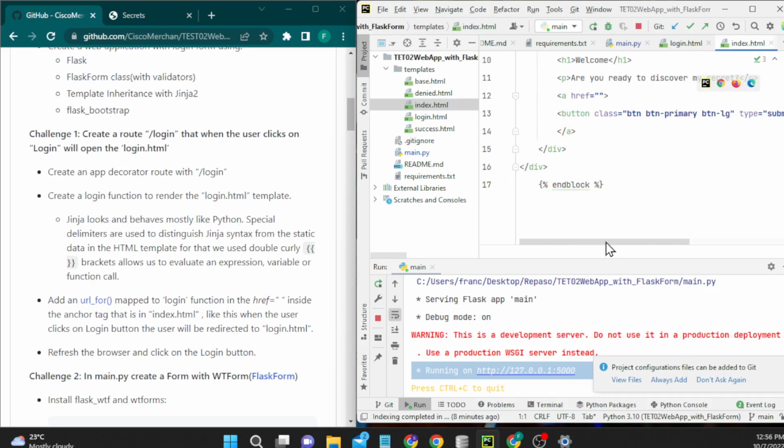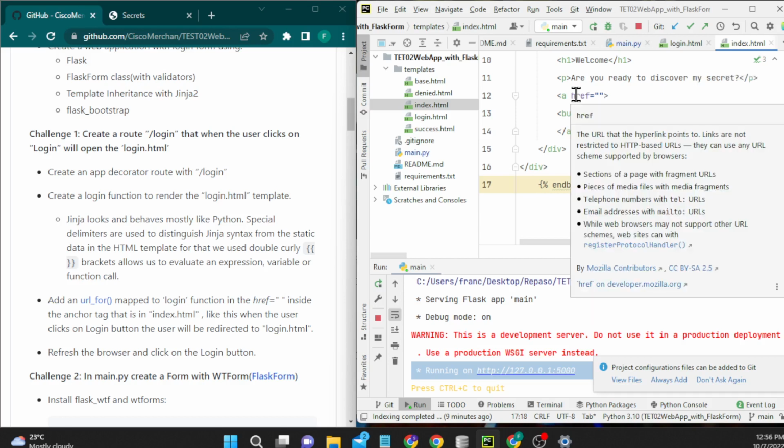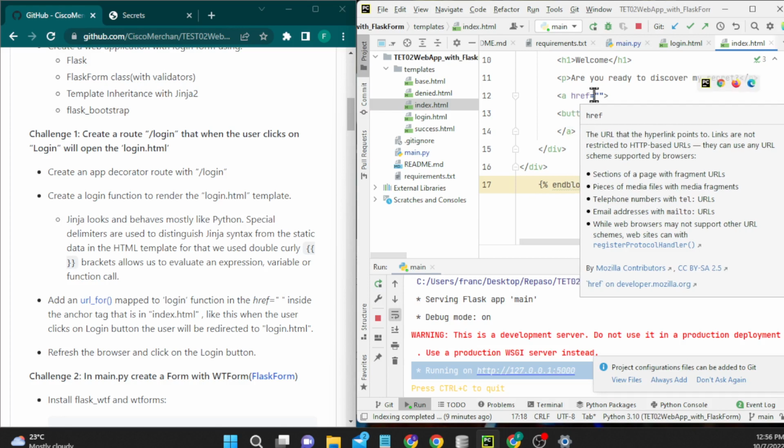Now once we click, at the moment nothing happens, but it's inside an anchor tag element. Okay, so